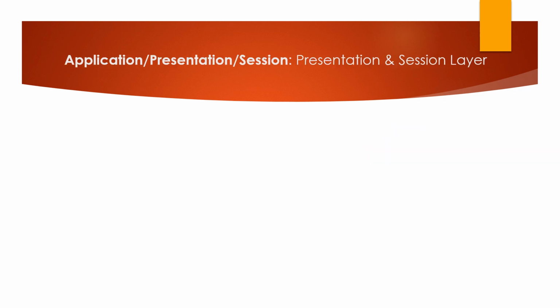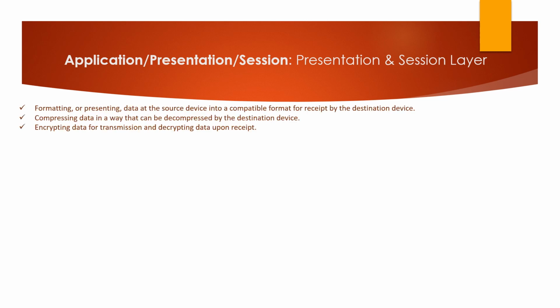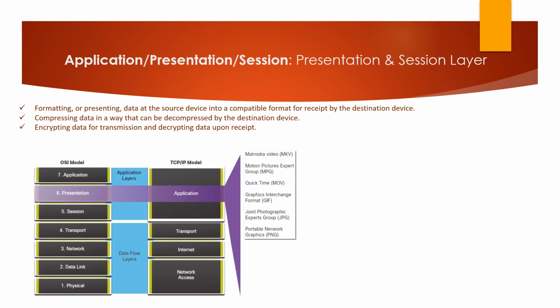Let's see the function of presentation and session layer. For the presentation layer, there are three primary functions. They are formatting or presenting data at the source device into a compatible format for receiving by the destination device, compressing data in a way that can be decompressed by the destination device, and encrypting data for transmission and decrypting data upon receipt. And as it is shown here in this figure,